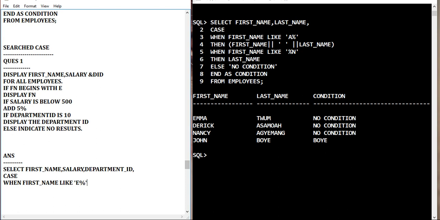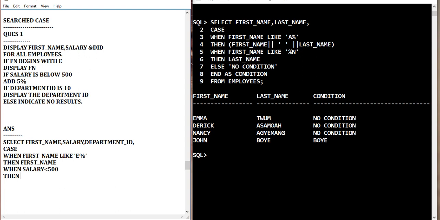So that means begins with letter E, display the first name. So then first name, when salary is below 500, then